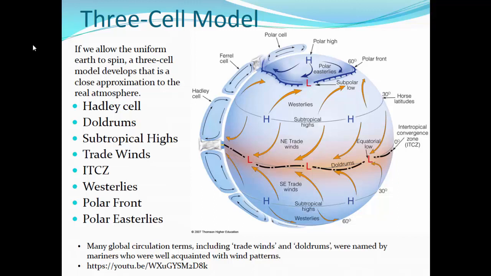Now, in the atmosphere, that warm, moist air rises. As it gets up in the atmosphere, it is robbed of its humidity. It moves north, as you can see, and then begins to cool as it moves north, and it sinks. So the Hadley cell